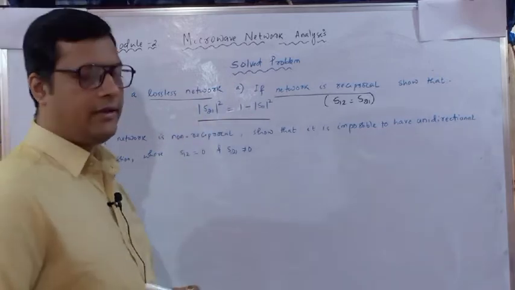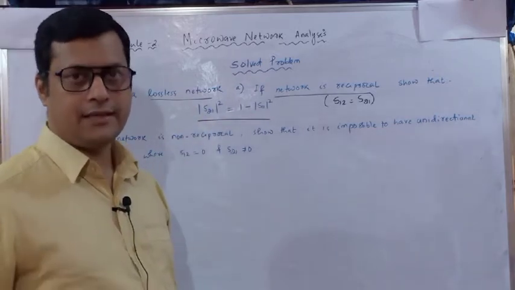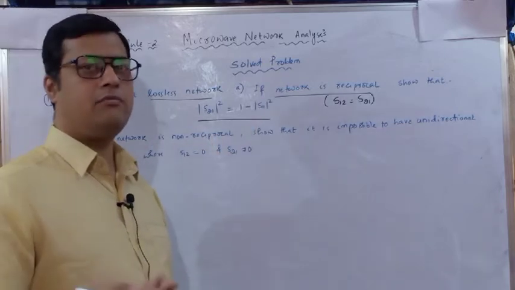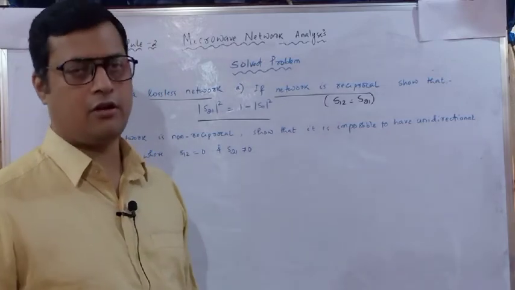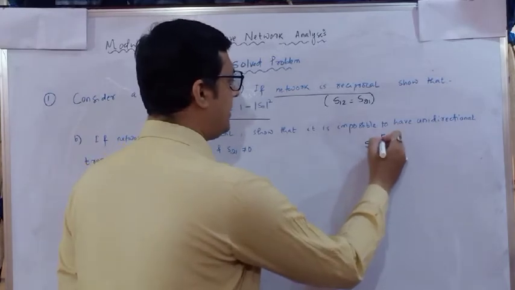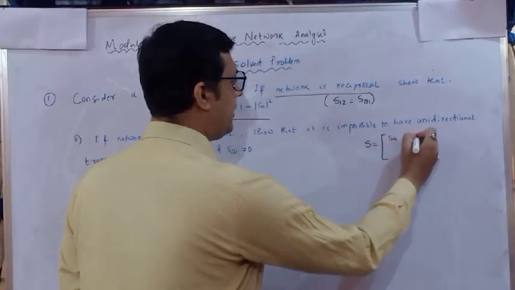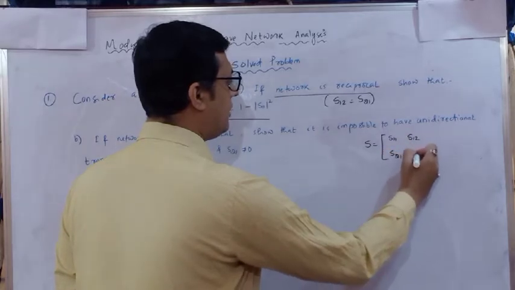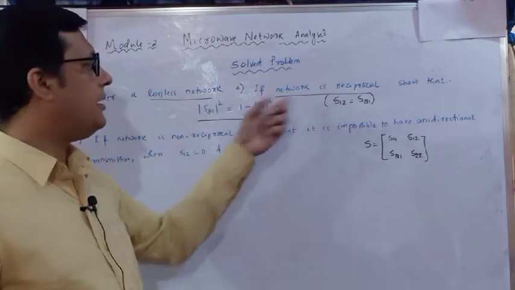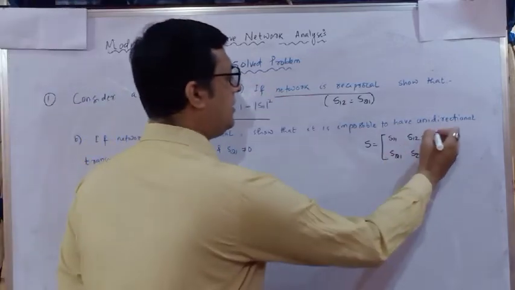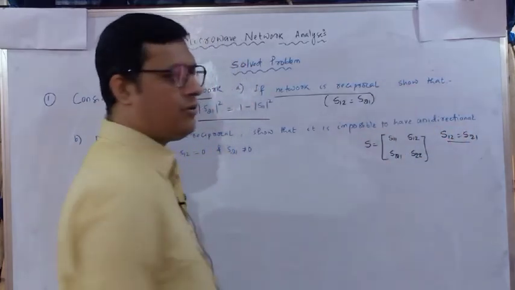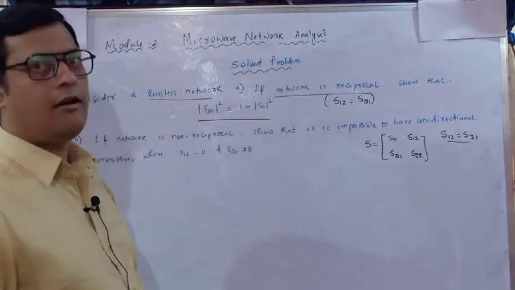By seeing this question, you can decide how many ports the device has. First of all, you have to identify the number of ports. As it is given, a maximum of 2 is written, so that means it is a 2-port network, not more than that. So you have to consider the scattering matrix as S11, S12, S21 and S22. This will be my scattering matrix on which the different properties we are going to impose. First hint is given, S12 is equal to S21, so it is a reciprocal network, and moreover it is lossless in nature.